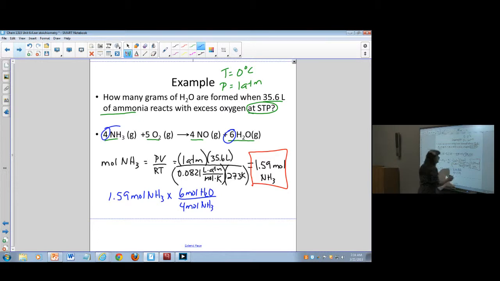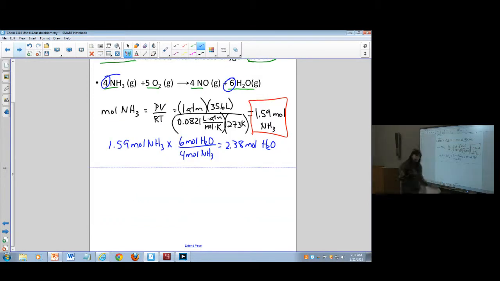And this works out to be equal to 2.38 moles of water produced when this amount of ammonia is started. So that's what I would expect to get in water. And finally, I'm almost done, but I did ask how many grams of water, not how many moles. The question would probably have how many moles there are as an answer, but you wouldn't be finished though, so you want to be sure and take 2.38 moles of H2O times the grams, 18.02 grams for every mole,